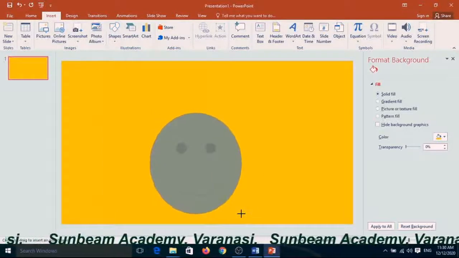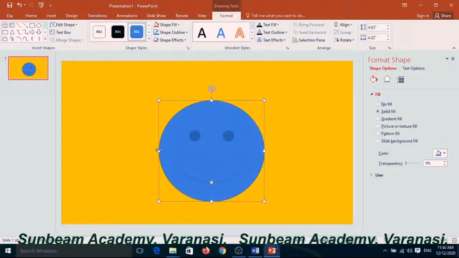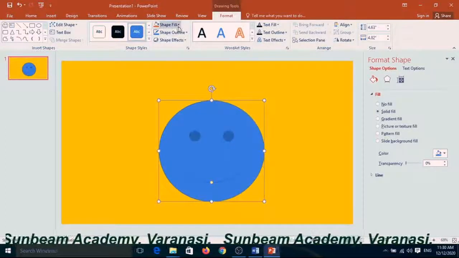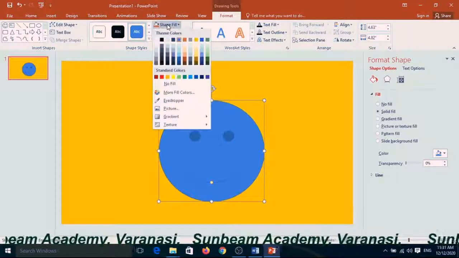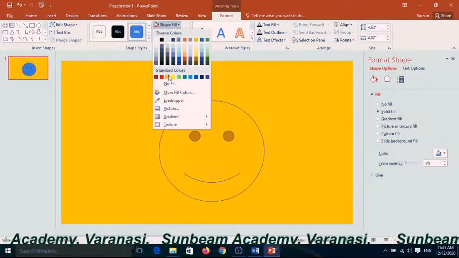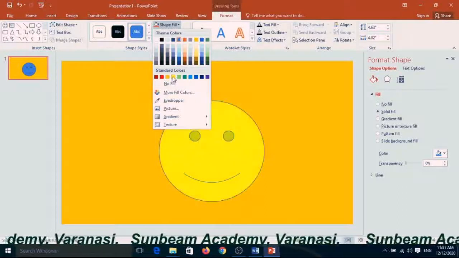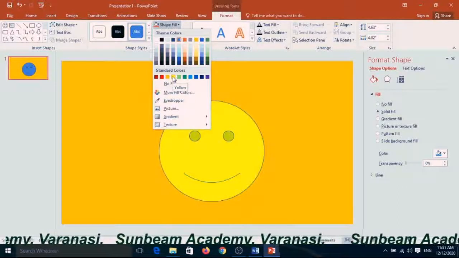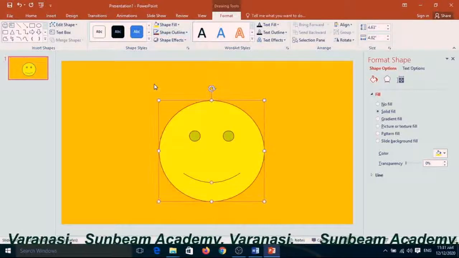Yes, suppose it is your sun. Click on it, it is a shape fill. If you want a color for that, choose the color from there. Yes, any color from that side. Suppose I want to choose that color, and shape outline is there. I want to choose this color.